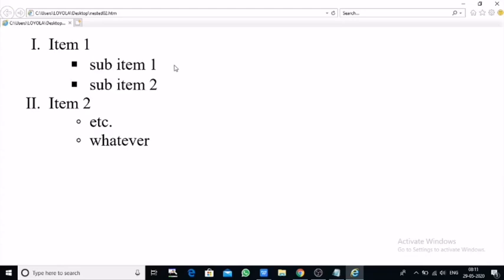Wow, what magic. So this is how we can create lists, any list. Here we have made a nested list, but you can create any type of list: ordered list, unordered list, definition list, or a combination of all these as nested lists.